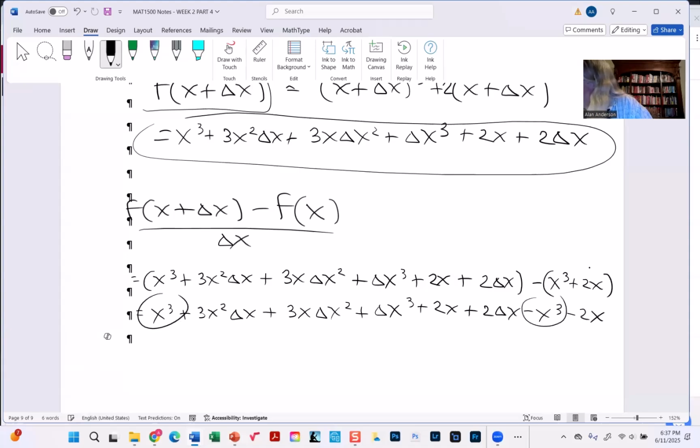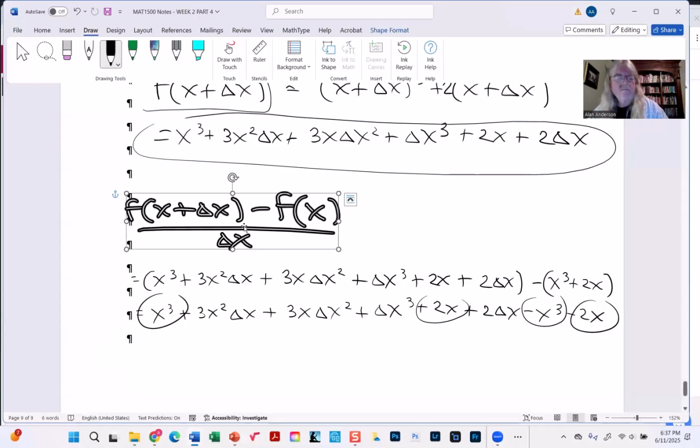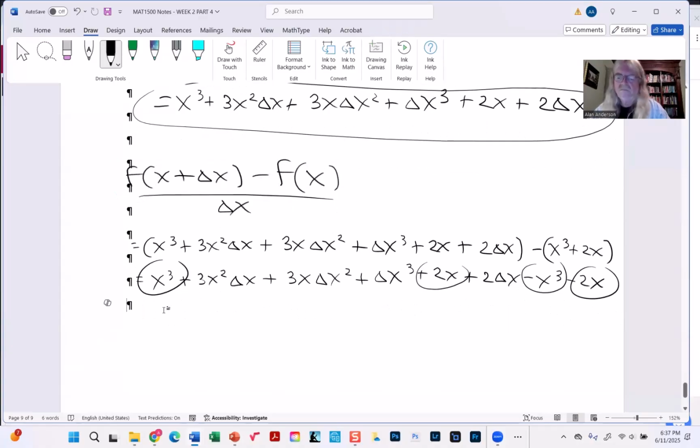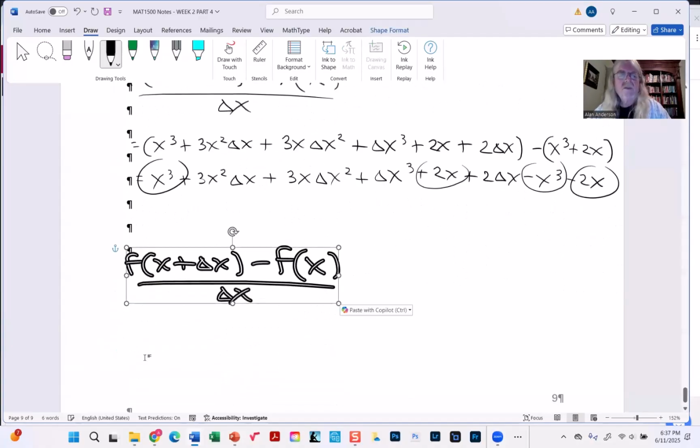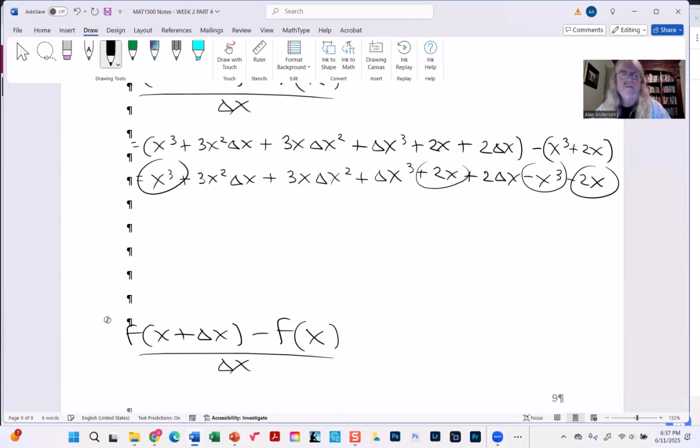These two will drop out, as do these two. Great. All right, so that means the numerator of this expression is going to be